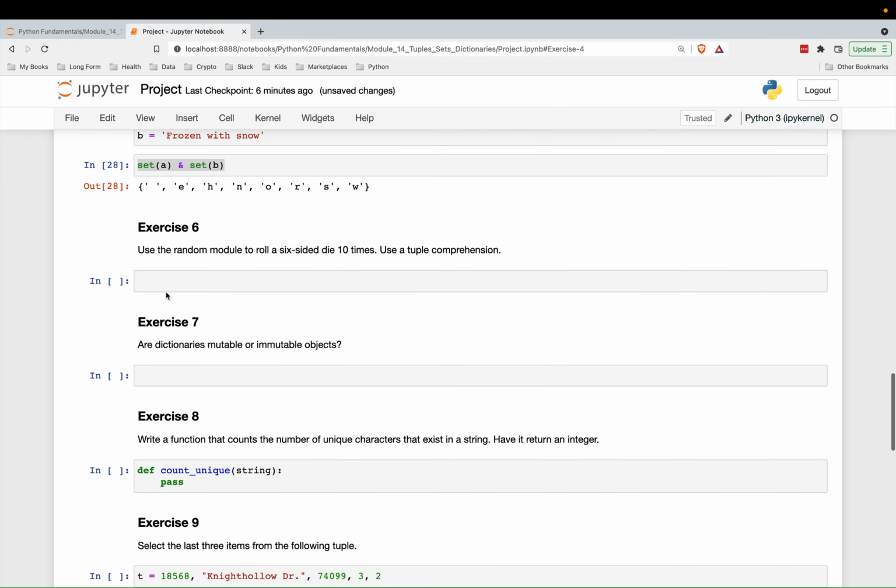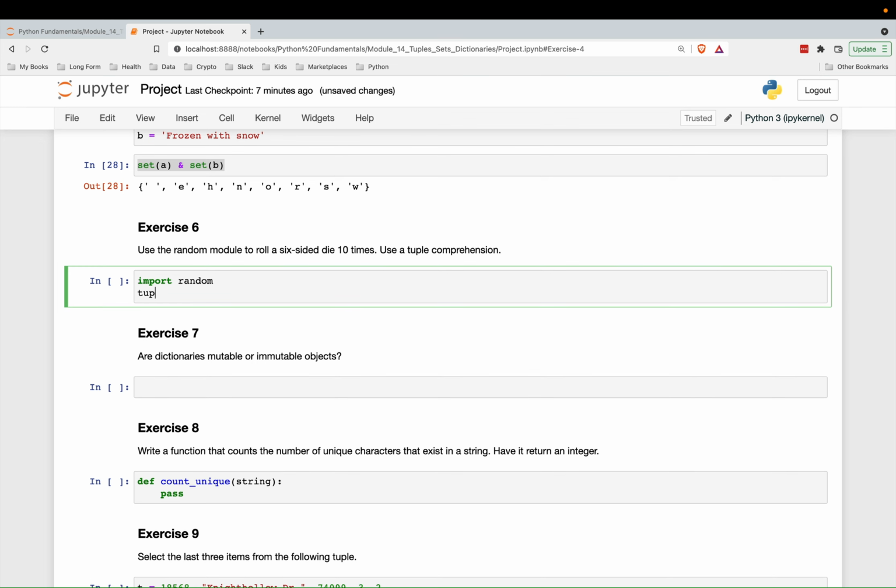Number 6, use the random module to roll a 6-sided die 10 times. Use a tuple comprehension. So we have to import the random module. And to do a tuple comprehension, you have to use the keyword tuple, or you are going to create a generator. So for these, I've been writing the for loop first. So we're going to do 10 iterations. For each one,